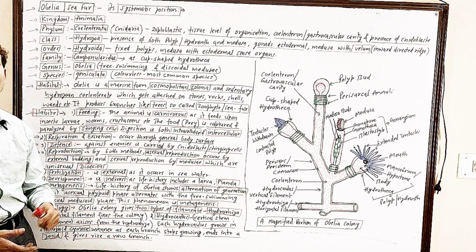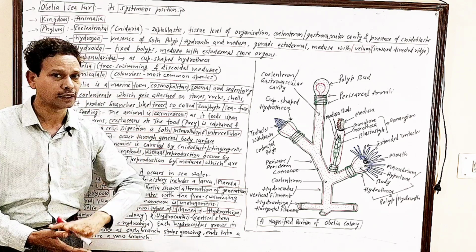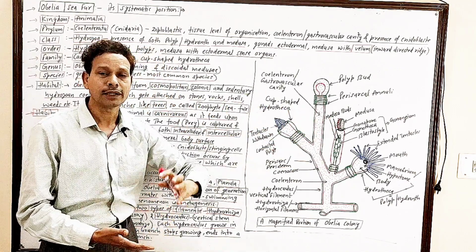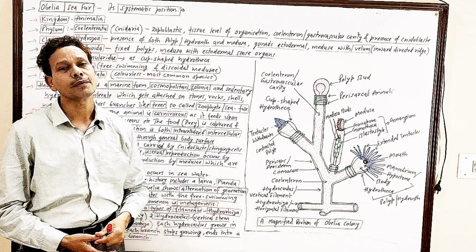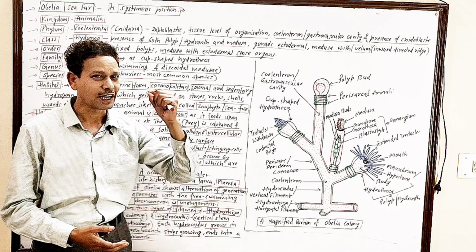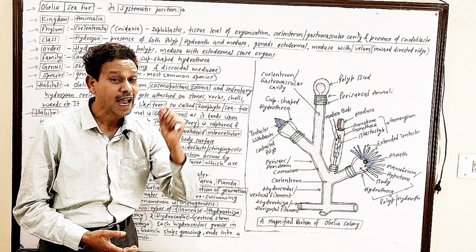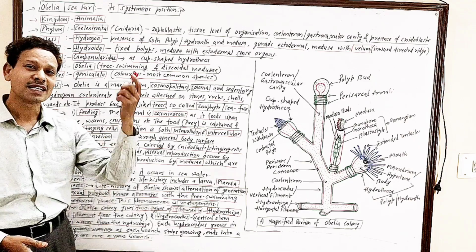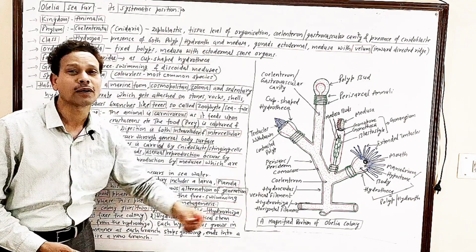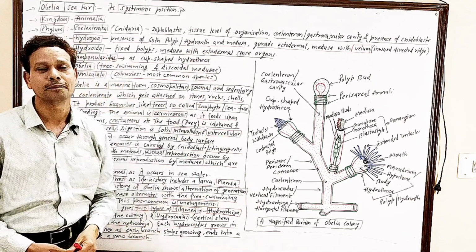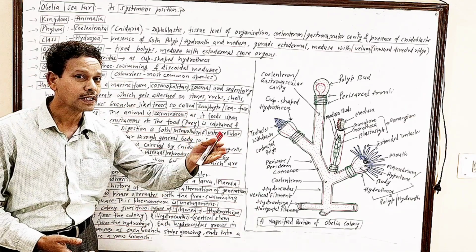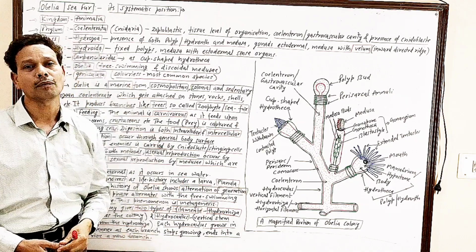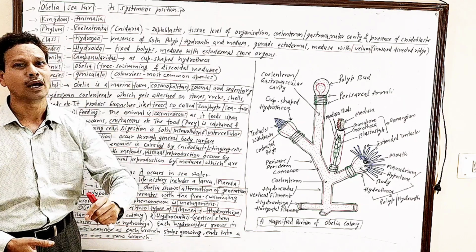Next point is fertilization. The medusa produces gametes, and these gametes are released in seawater. It means fertilization takes place in seawater, it is external. Development. Dear students, in case of this Obelia colony, in this sea fir, the development is always indirect, as in their life history, a free swimming larva, and that larva is planula.